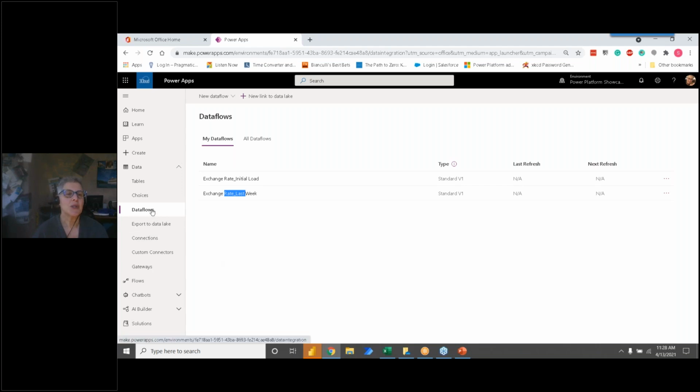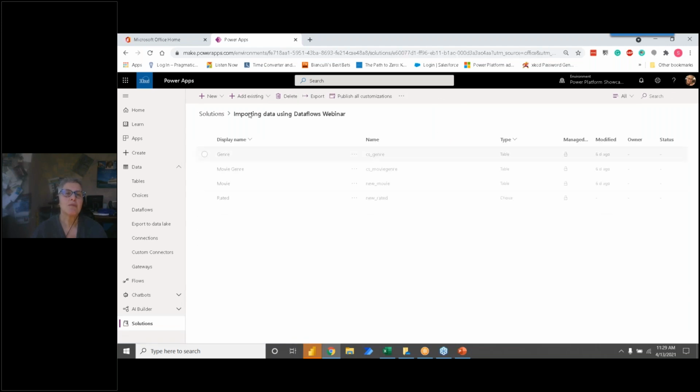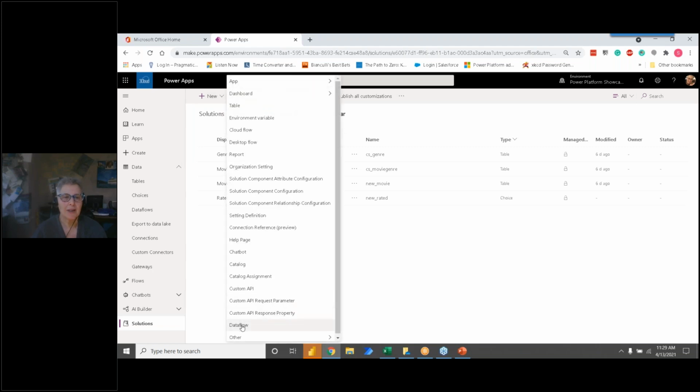So to create a new data flow, I like to work in solutions. And in a solution, it looks like you should be able to create a data flow. You just go to the new button and you go down to data flow, and it looks like you should be able to do this.